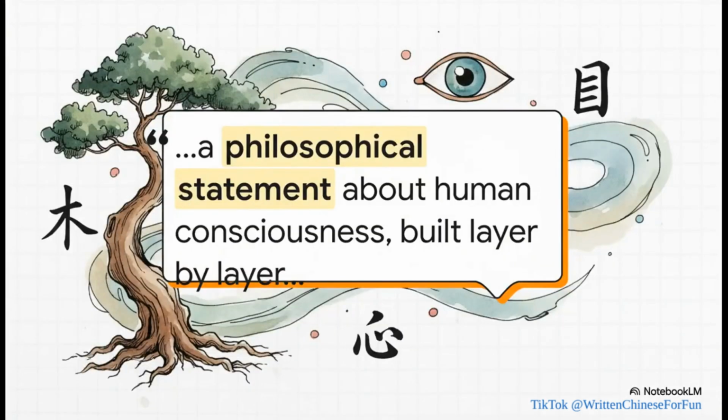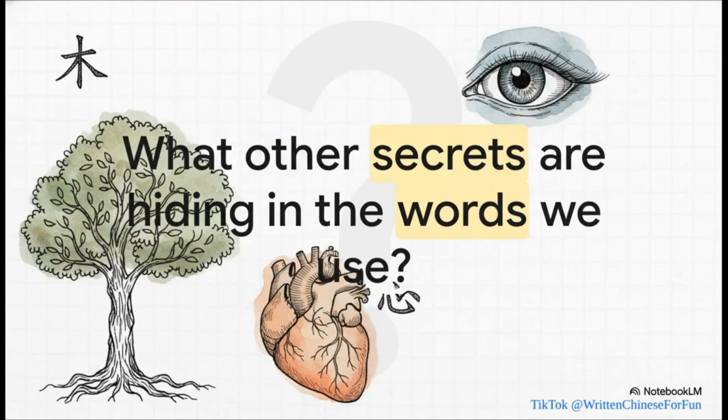So the big takeaway here is this. Xiang isn't just a symbol that stands for the idea of thinking. The character is the idea, built piece by piece, layer by layer. It's a poem, it's a story, it's a whole philosophy about being human, captured in just a few strokes of a brush. It really makes you wonder, doesn't it? If a single word can hold an entire theory of consciousness, what other incredible secrets are hiding in plain sight? What other stories are just waiting for us in the words we use every single day without even thinking about it?